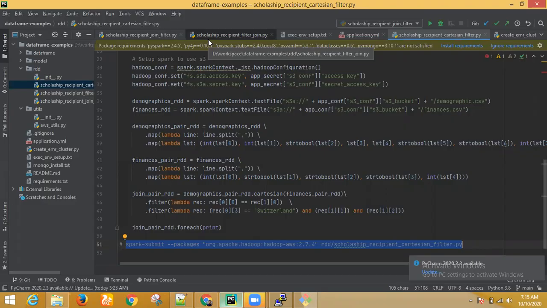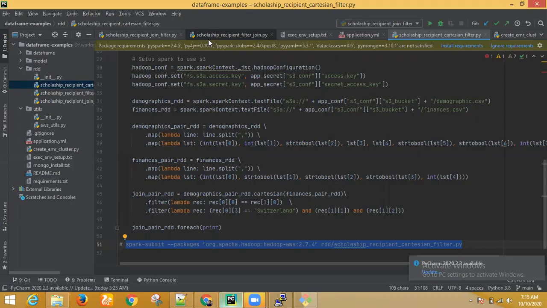Not every program, but wherever you are reading data from S3, you have to set up the access key and secret key. In these 2-3 programs you saw, you are reading data like finance.csv, demographics.csv, course.csv. These are all available in your S3 bucket. That's why you have to set up the access key and secret key.